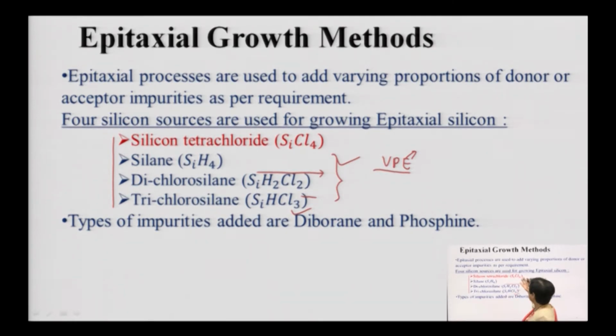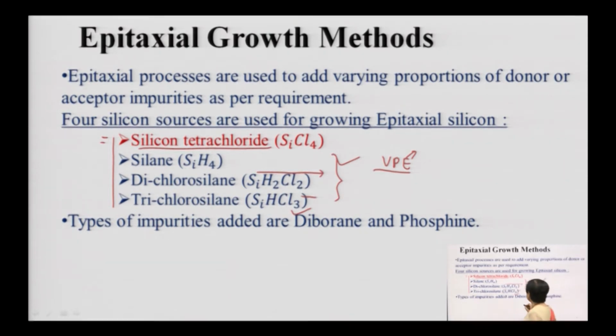We will see that as a part of our VPE chamber and other things, but prior to that, just remember that we are going to see this again in the next lecture, when to select which particular type of originator, or which is the most ideal material as far as silicon growth is concerned. Please remember, this is the most ideal material which is widely used, because it gives the best yield as far as the epitaxial growth process is concerned.